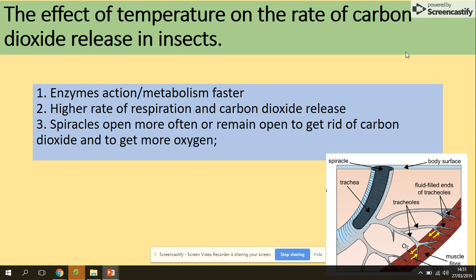Right, effect of temperature, quite a typical question. Effect of temperature on the rate of carbon dioxide production. Of course, carbon dioxide is a product of respiration. Enzymes are involved in respiration. So higher temperature